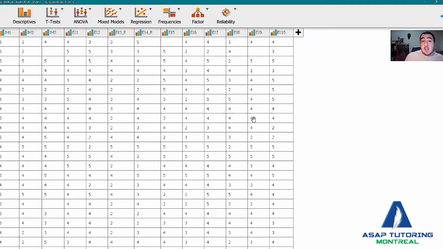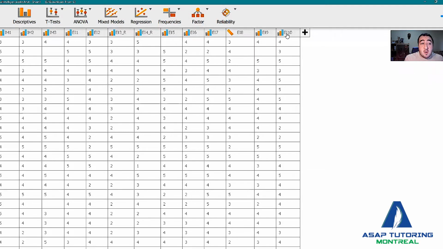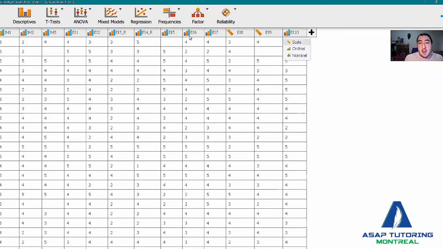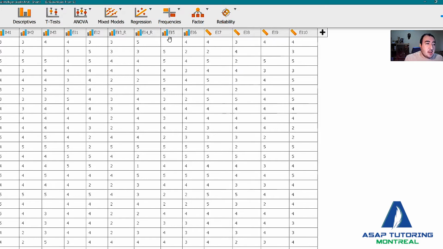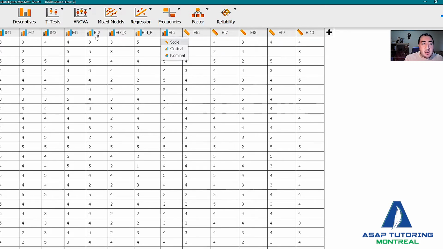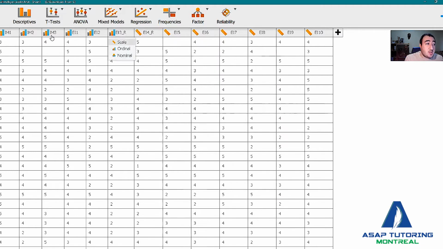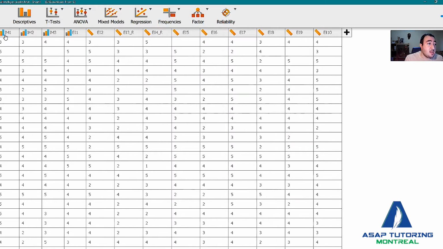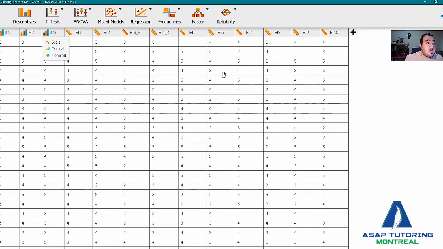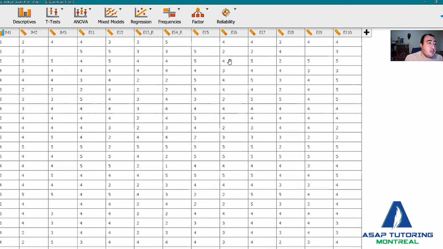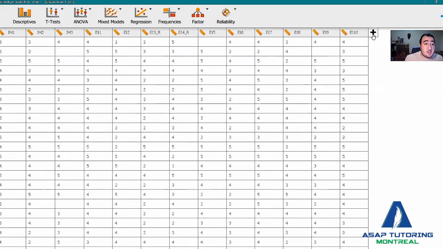Now, number one mistake that I always notice is students always forget to change the type of variable because JASP actually will only process this if all your variables are scale variables. So they use scale as a categorization for interval and ratio variables. So I'm going ahead and left clicking to change all this. You just have to click on the image symbols to make this change. And you're probably asking yourselves, well, why am I doing this? Well, I'm doing this because you need to actually calculate it afterwards, and it will not do it unless it's